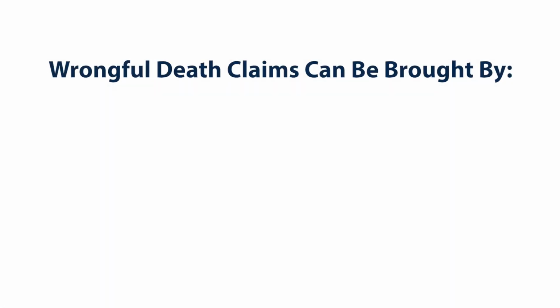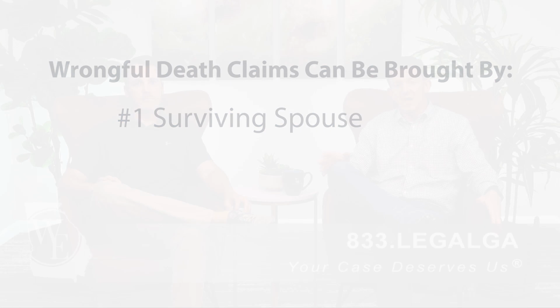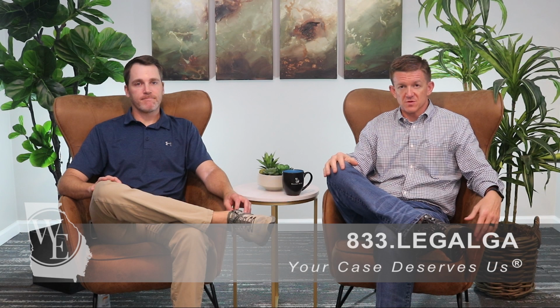Yep, and it's changed over the years, but as we sit here right now in August of 2023, the wrongful death claim, the first person who has priority and who is usually bringing the claim is the surviving spouse. So if the person who dies has a surviving husband or wife or legal partner, then that person is the one who gets to bring the claim. If there is no surviving spouse, then the person or persons who get to bring the claim are the surviving children. And that can be adopted children or biological children, either or all of the above.